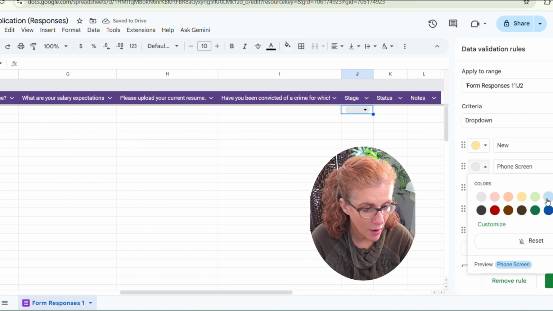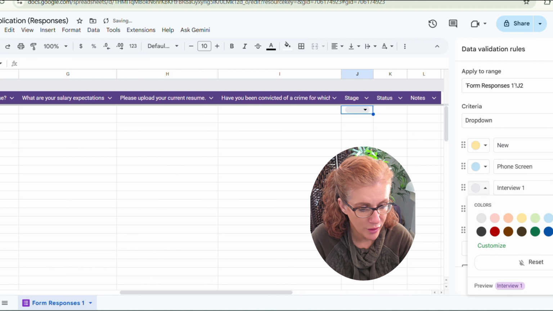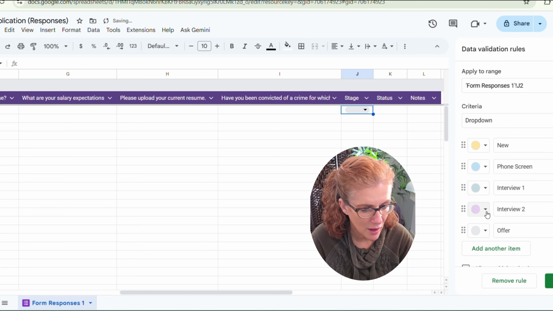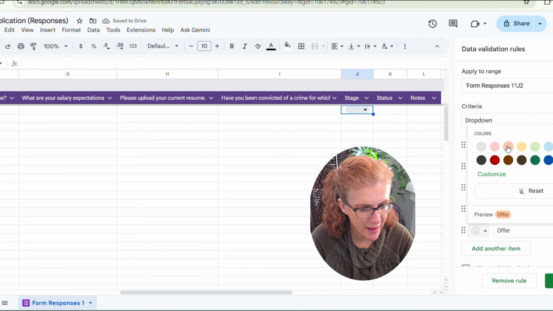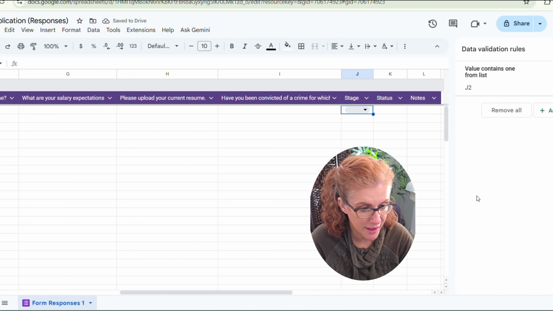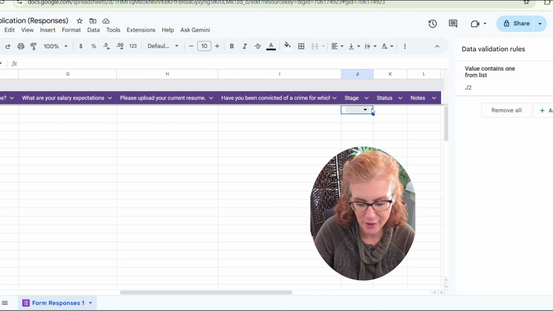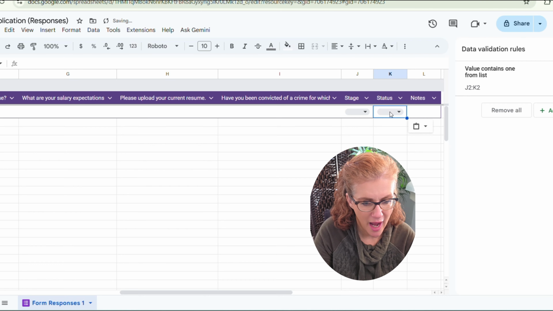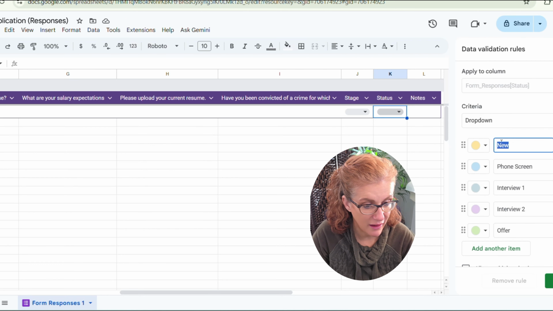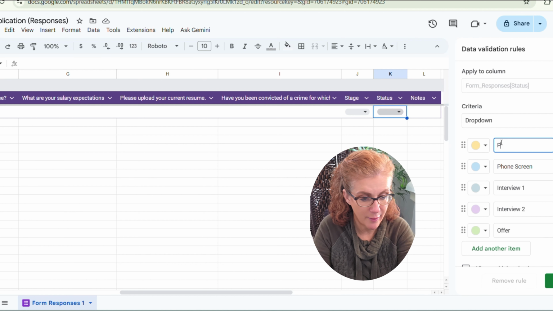Now, I'm going to color code some of these, which is pretty simple to do, just to make it a little more visually easy to see what stage a person's at. Initially, they're not going to be in any stage, and then for the status, I can easily copy this over. And then here, see this little pencil? I can edit it. So instead of new, it might be pending,